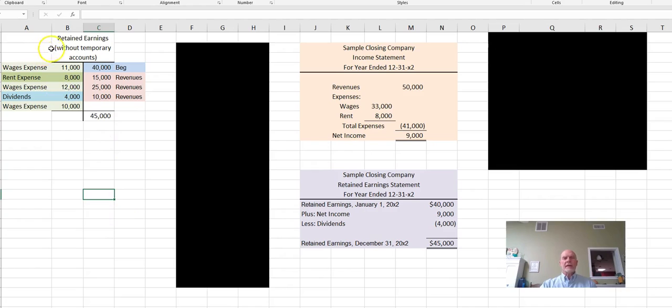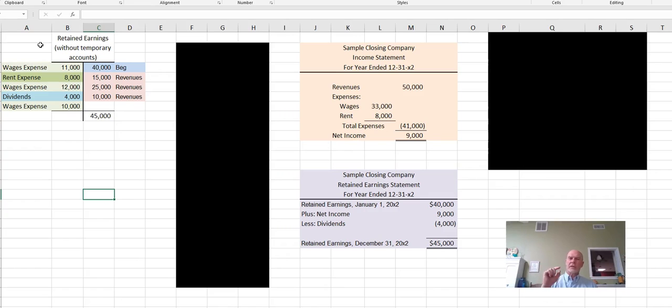So here I have a retained earnings account, and I don't have any of the temporary accounts underneath it. Instead, we had a beginning balance of 40, and then I put revenue straight into that account, and then we had different types of expenses. Over here we had some wages, we had some rent expense, we also had some dividends. And in a real life situation, you would have a lot more different types of expenses. And anyway, all of that information would be jumbled together in that retained earnings account